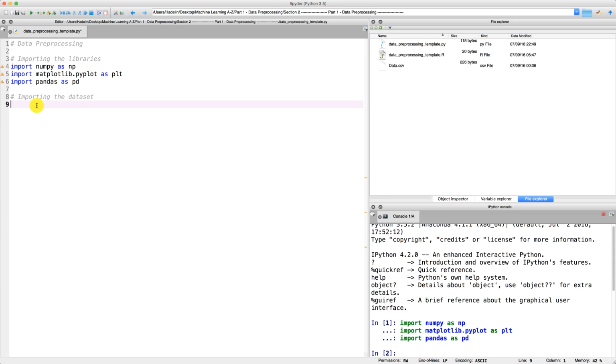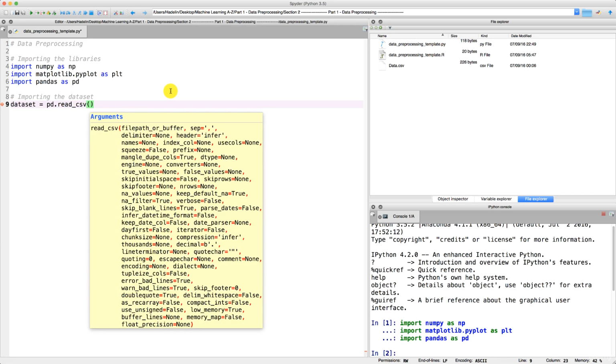So as I explained in the previous tutorial, the best library to import a dataset is pandas. So right now we're going to use pandas to import the dataset. We're going to declare a new variable that is going to be the dataset itself, and we're going to simply call it dataset. Okay, then equals, and now immediately we will use pandas to import the data.csv dataset. So what we have to do is use the shortcut pd, that is the shortcut for pandas, then you type dot, and then read underscore csv,